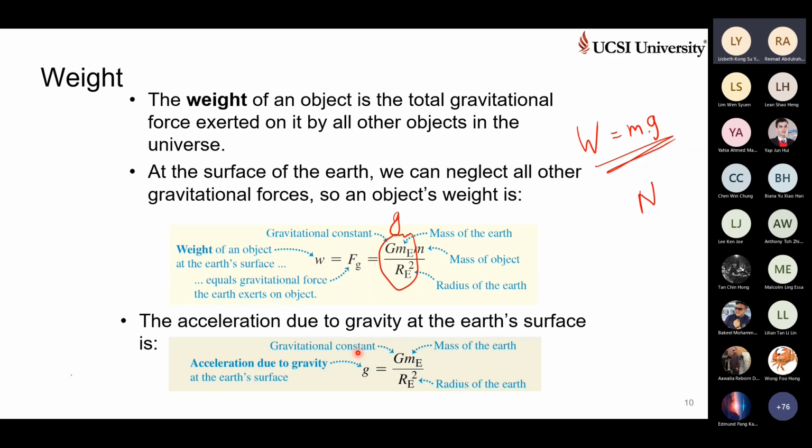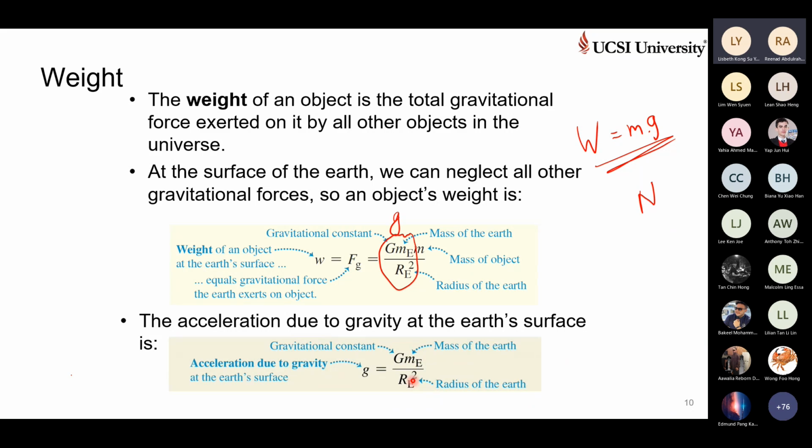If you remember, you write. Otherwise, in the exams and assessment, you will be given the formula sheet. Please follow the formula sheet to write down. It is 6.67 times 10 to the power minus 11 newton meter squared per kilogram squared, and ME is the mass of the earth.